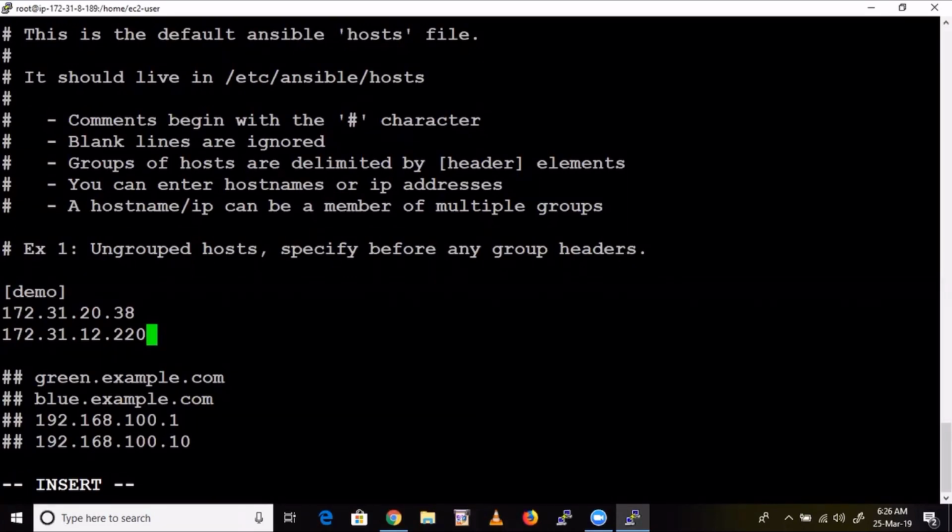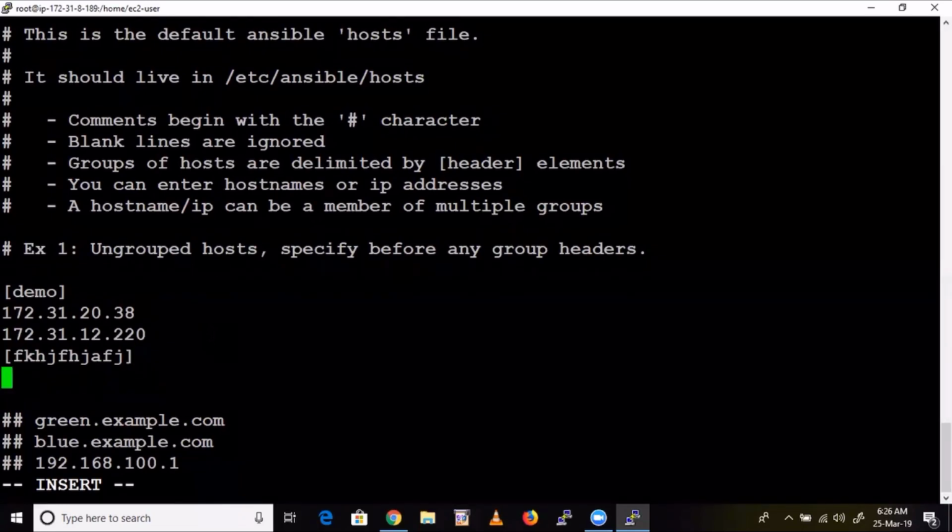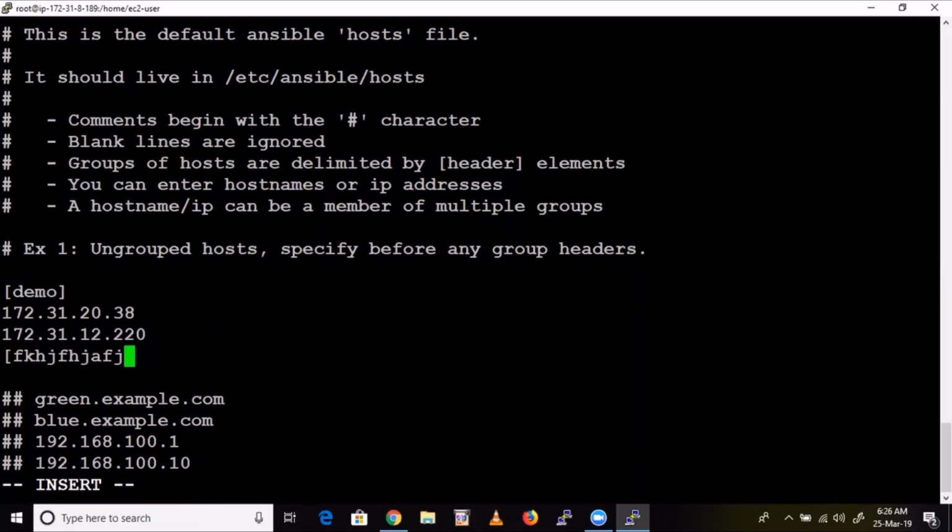Now see here, I have created a group. Under that I have mentioned these two IP addresses. If you want to create one more group, you create one more group and mention the IP address under it. Like that you can create any number of groups. There is no limit. Even if you mention one IP address, you have to create a group, because Ansible will not understand IP addresses directly. Now onwards, if you want to push or refer, we are going to refer the group, not the individual IP address. Understood? That is how it works.